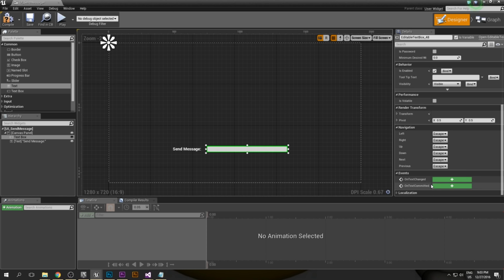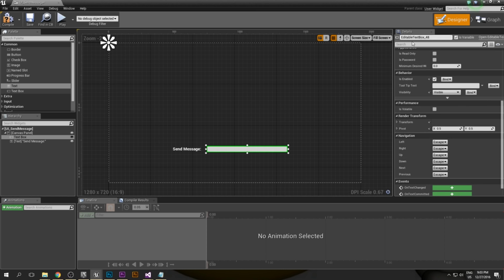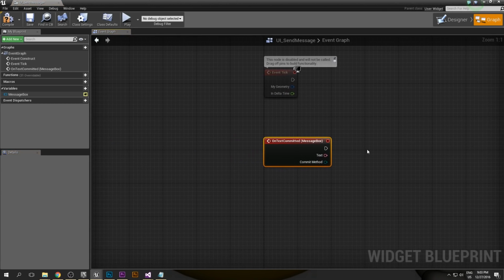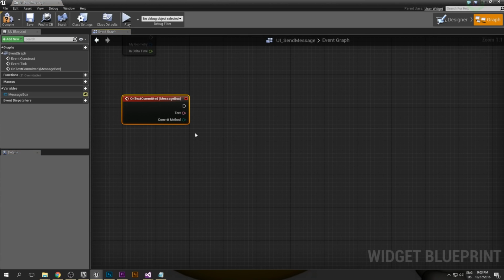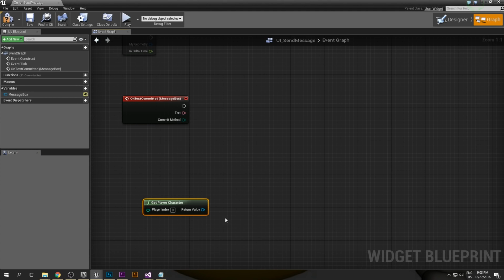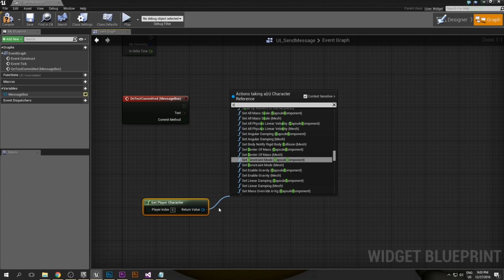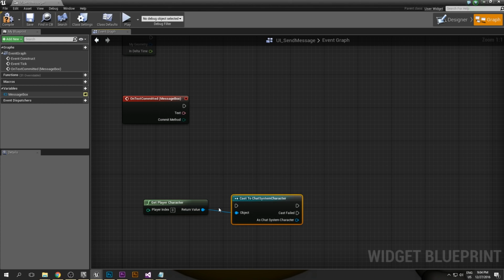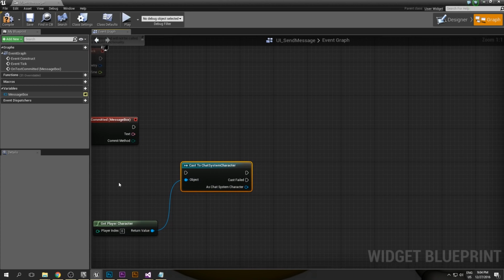I'm going to click on text committed. Before I do that, I'm going to change the name of this to message box, and I'm going to click on text committed, and here is my on text committed now. What I'm going to do with this is get the player character, cast it to our character, the chat system character, and I'm going to say that when we commit,